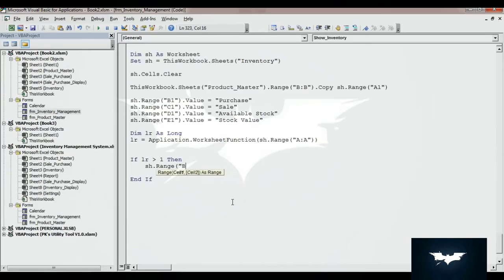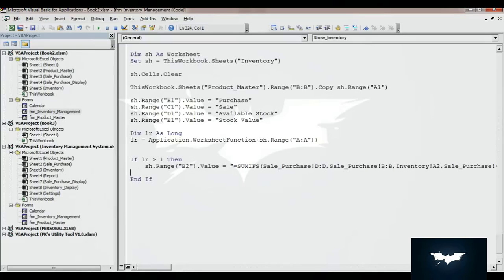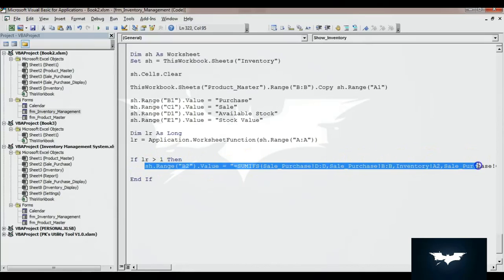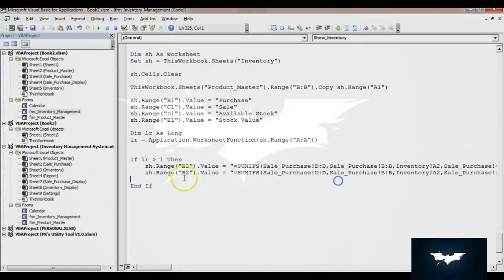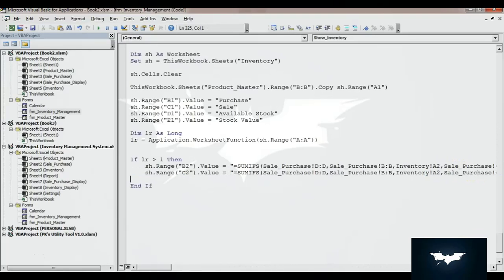sh.range, we'll put on b2.value, put this formula, and for purchase we will put double quote here. Now copy the same formula, and this is for C2. We will make only this difference. In place of purchase we will take sale.